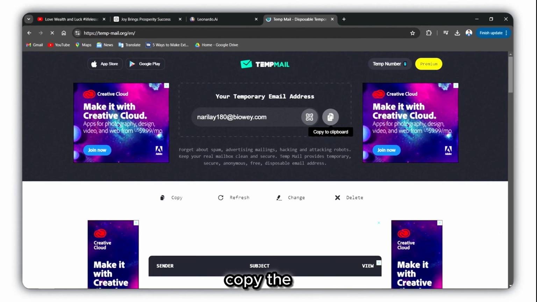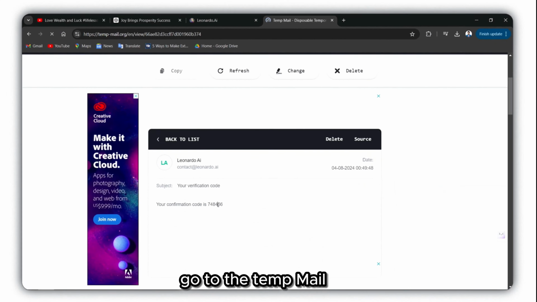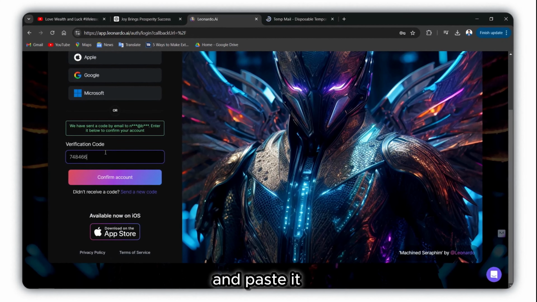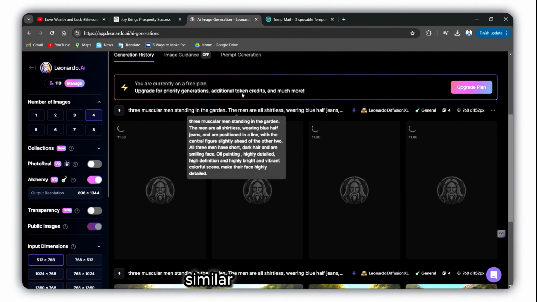Go to temp mail, copy the mail, click on sign up, paste the mail, and in the password field, paste the same mail. Go to the temp mail again, copy the verification code, and paste it here. Create the account, go to image generation, make the same settings again, and if you want to generate similar character